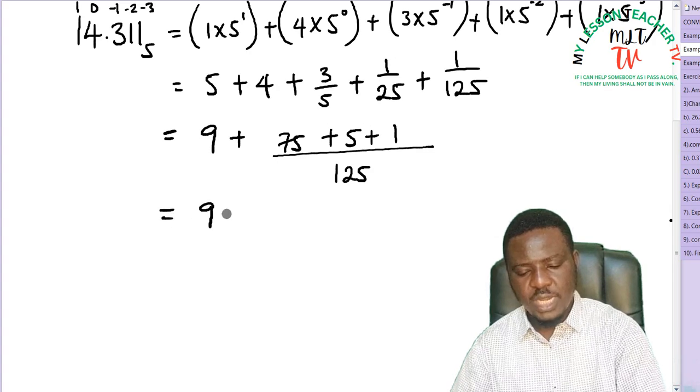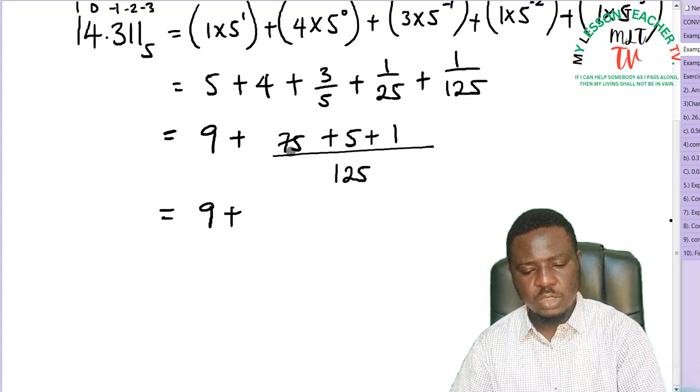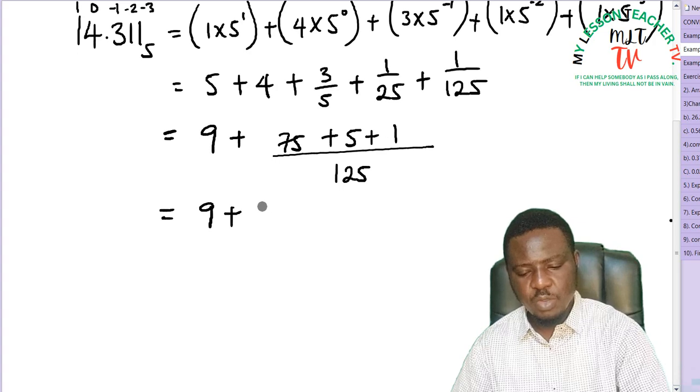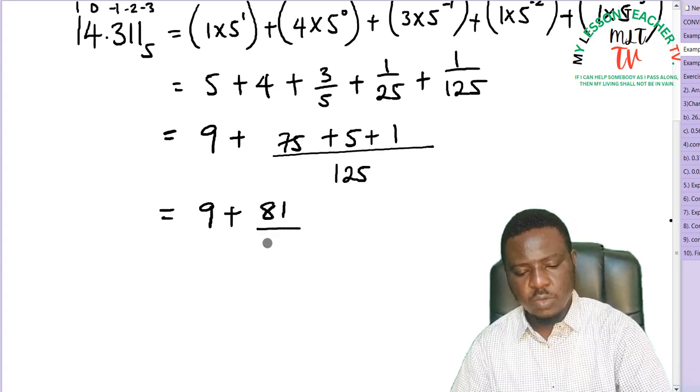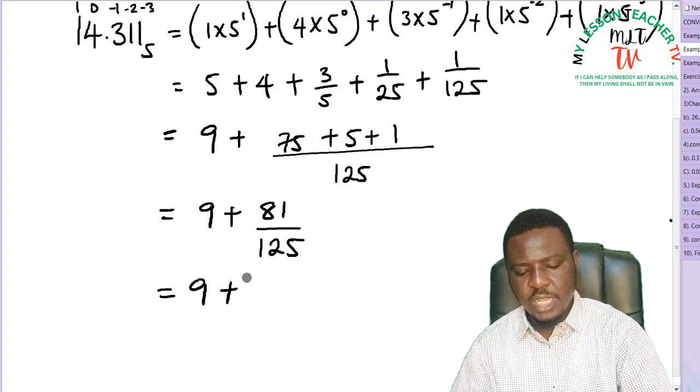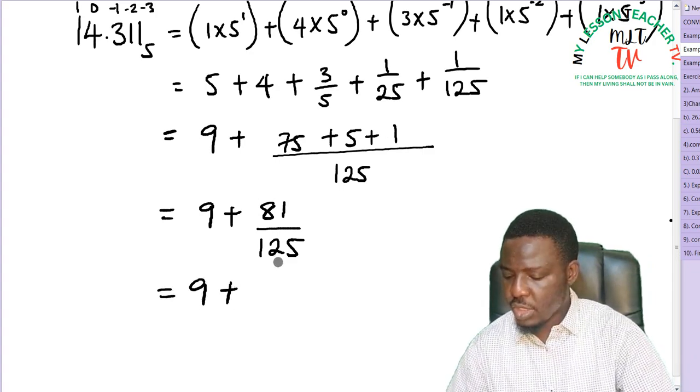So this is equal to 9 plus 75 plus 5 is 80 plus 1 is 81 divided by 125. This is equal to 9 plus 81 divided by 125, which gives us